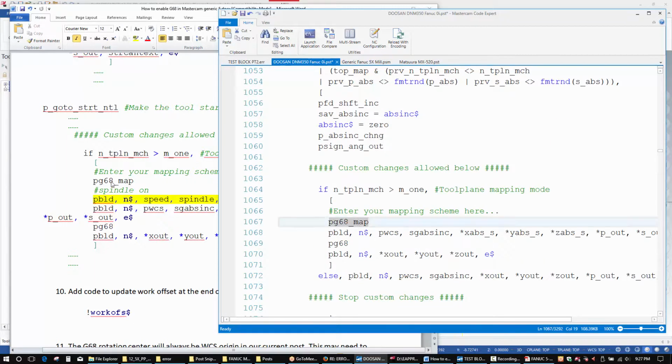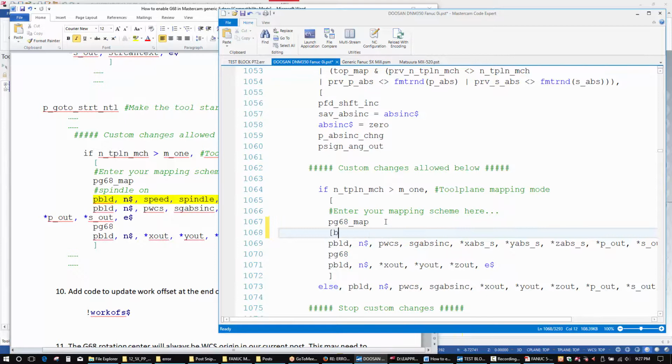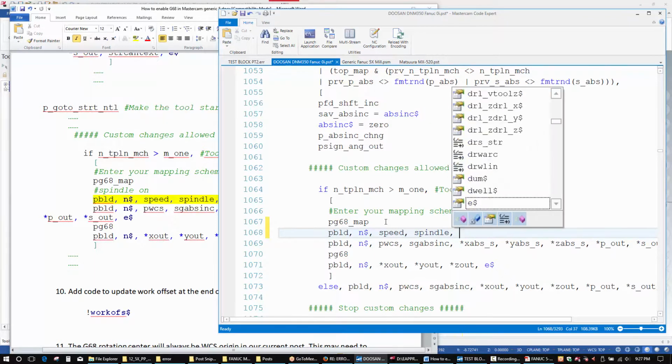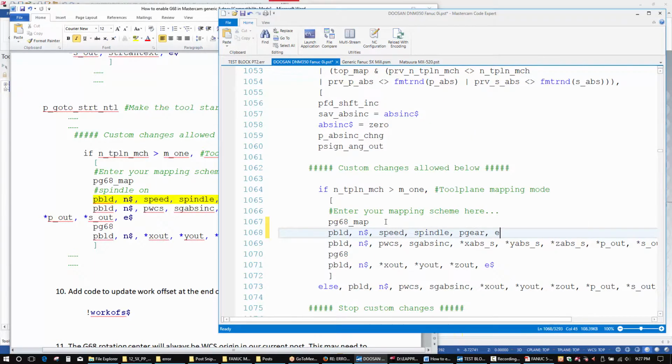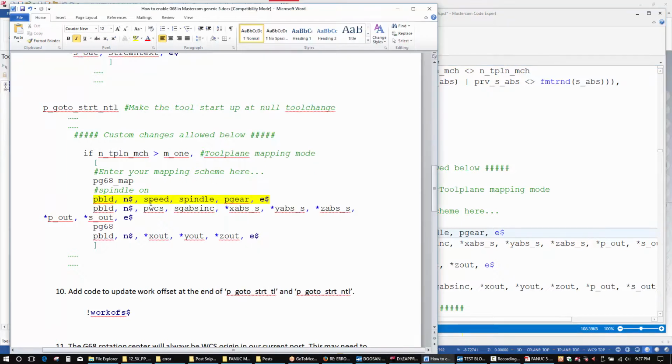Here's my PG68 map, and we need our, you notice in this case it's not force. So here we let modality do its job. And if the speed has changed,